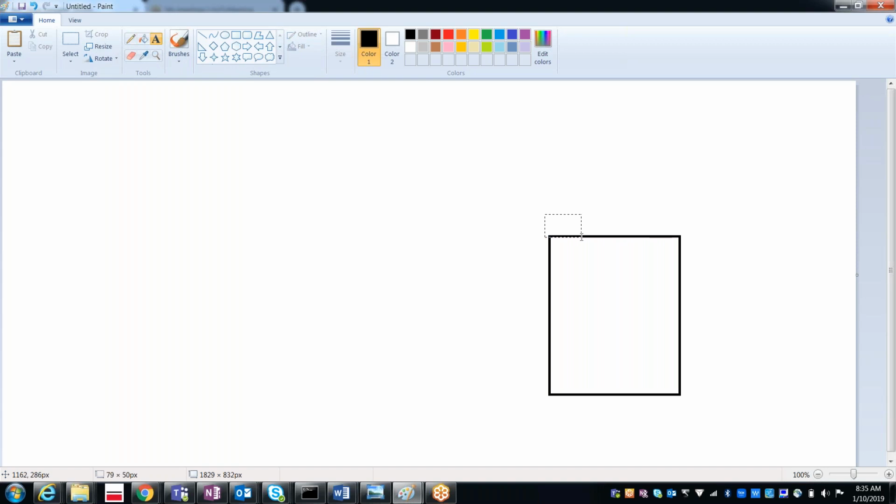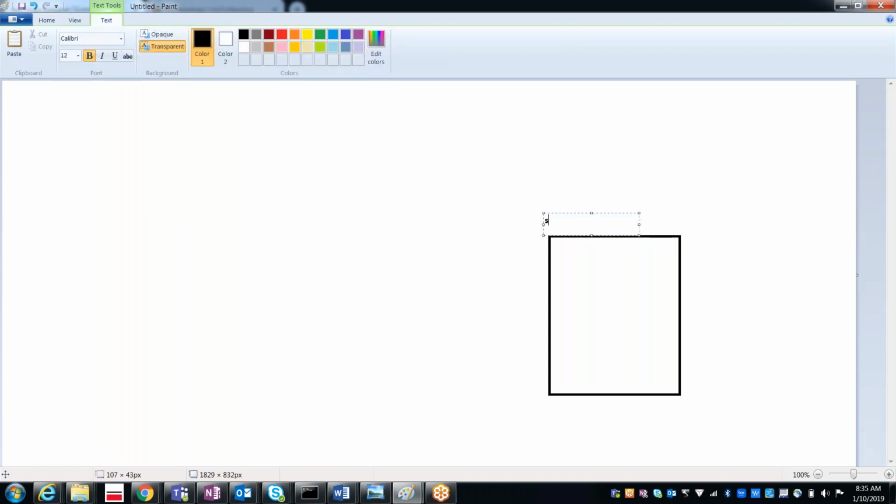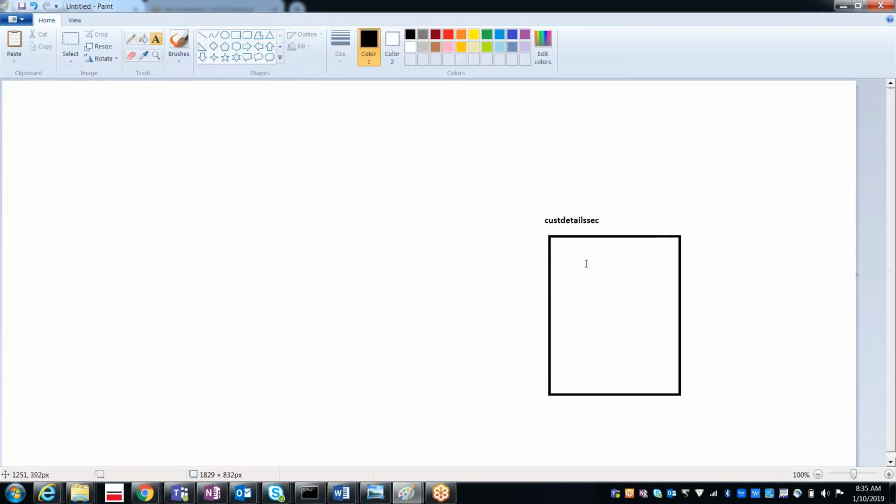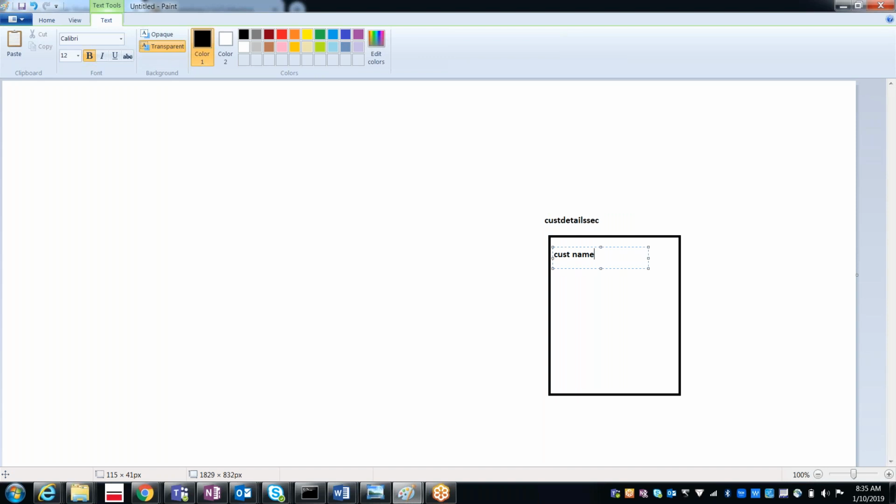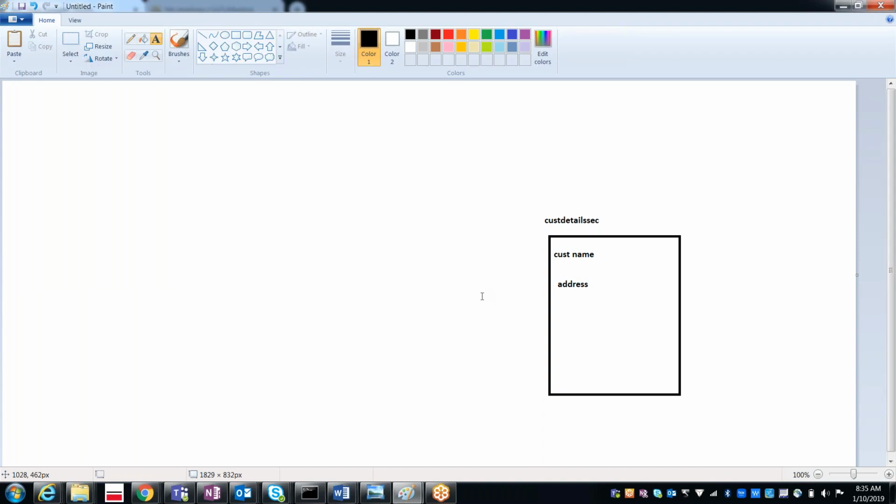In case it is a section, like a customer details section, in this section we are going to place the properties like customer name, address, city, and all those things. And later, where are we going to refer this section?